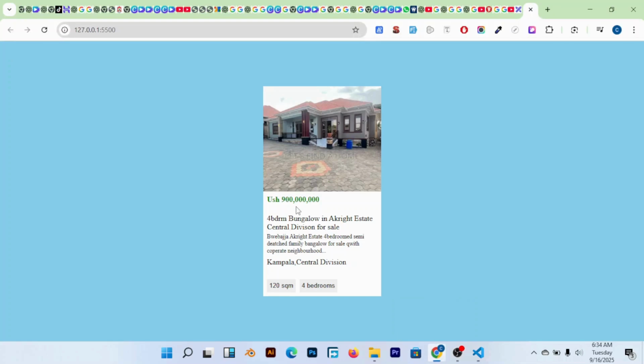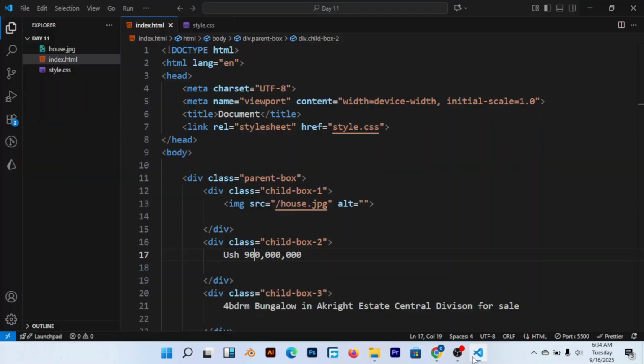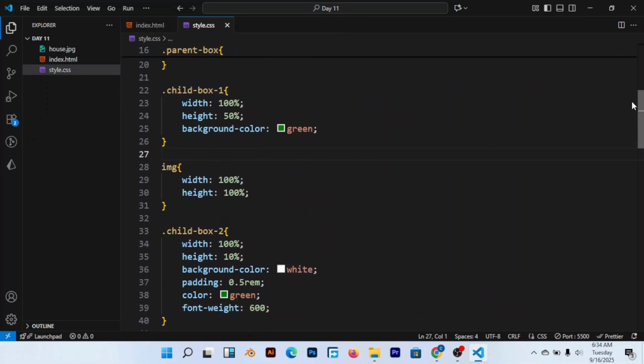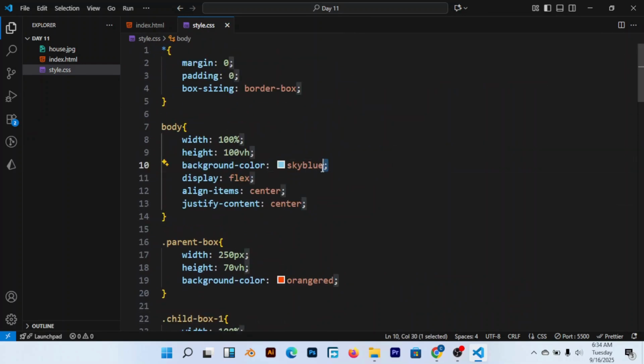Are you seeing this? This changes here from 450 to 900 million. So when I come here,